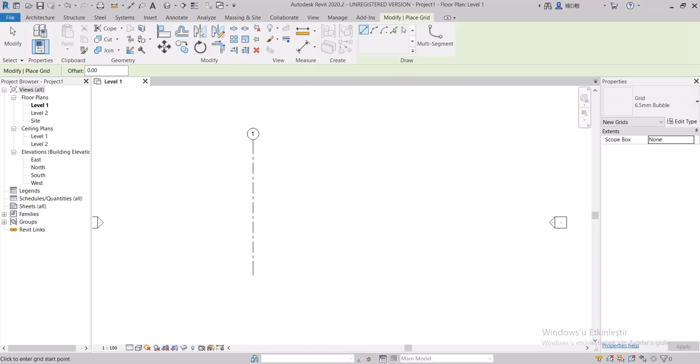For the second axis, let's choose Pick Lines from the Quick Drawing tools and finish the vertical axis by entering the offset value.